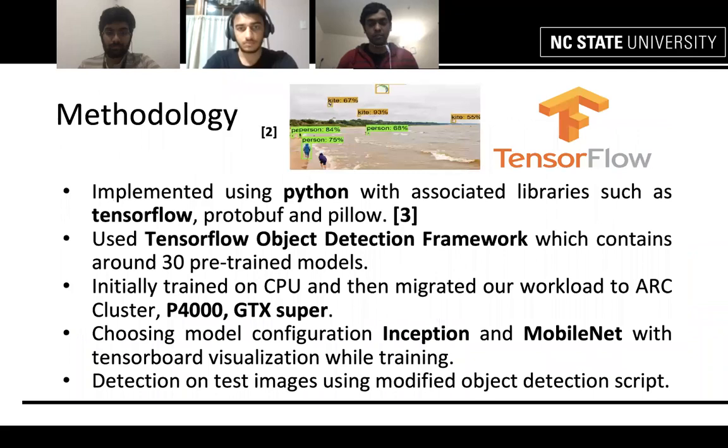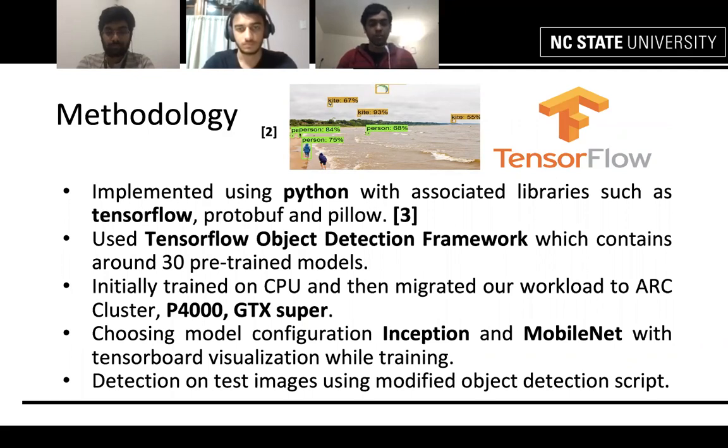For our methodology, we programmed in Python and used associated libraries like TensorFlow and Protobuf. Our main framework is the TensorFlow object detection framework, which consists of around 30 pre-trained configuration models.